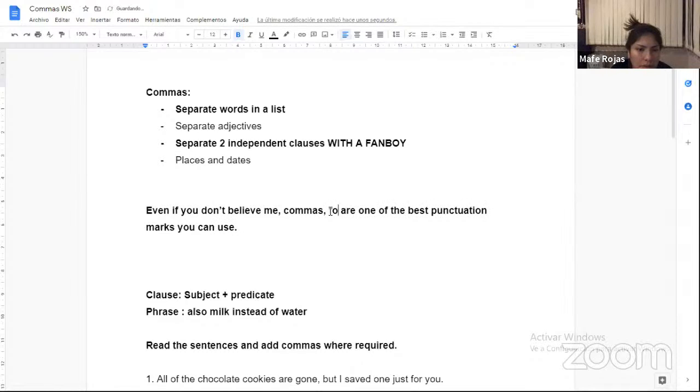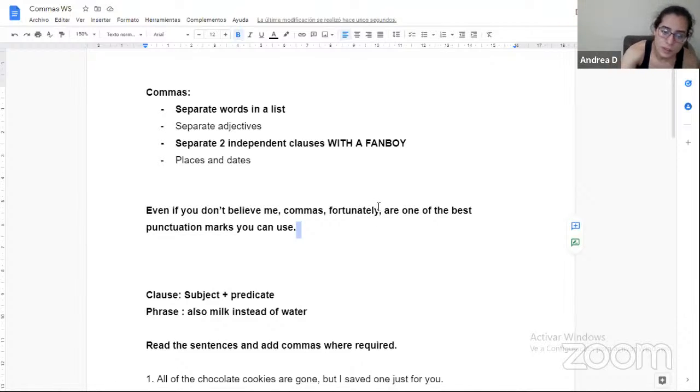You don't believe me. When we use ly, when you use adverbs, yeah. I mean, sometimes. But the reason why I'm using commas there is because I'm interrupting the